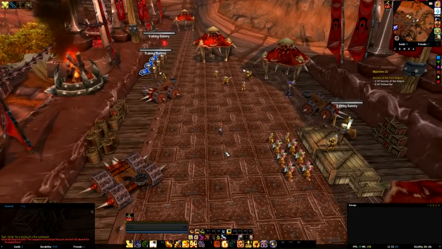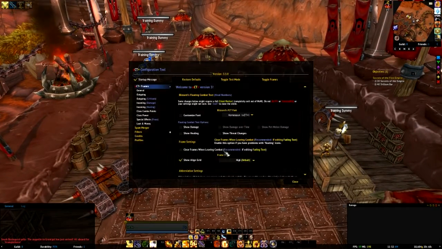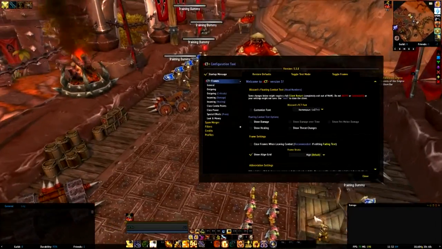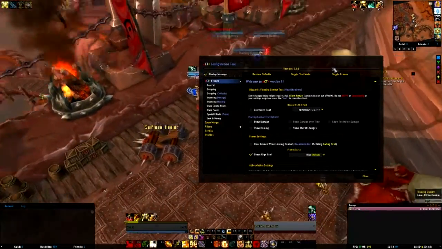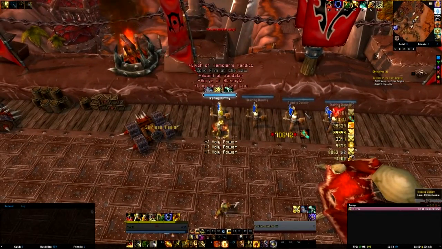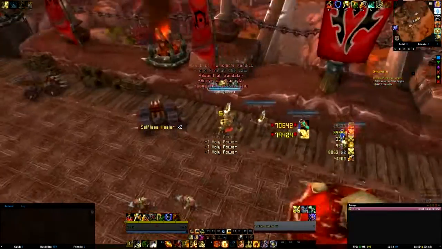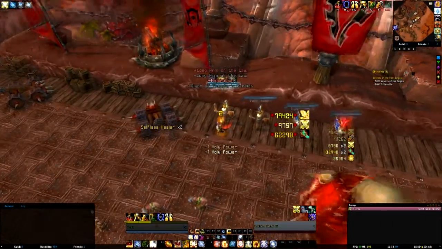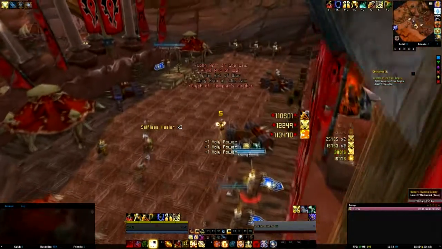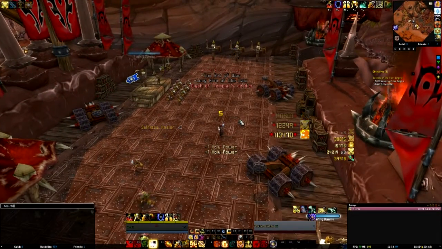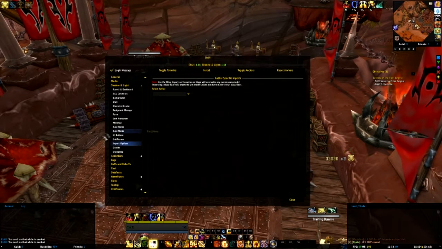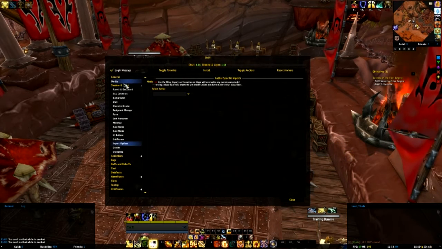Yes, I had another way of going through if I type /xct. This is the combat text add-on I have. It's very busy. If you look at my screen now, there's a bunch of stuff going on everywhere, and if you had to go through that in an actual fight, you wouldn't be able to see anything. It's just terrible. I did have another setup, which took me a while to do, but if you just go into /EC, go to Shadow and Light,